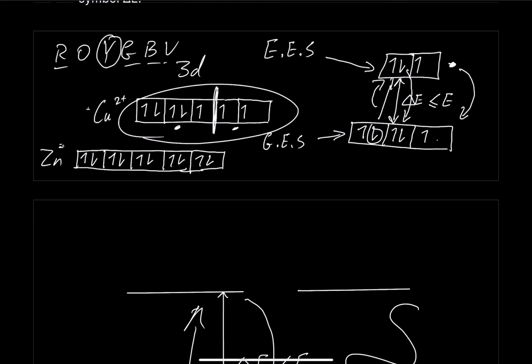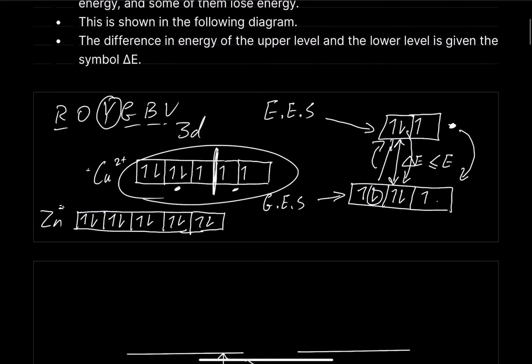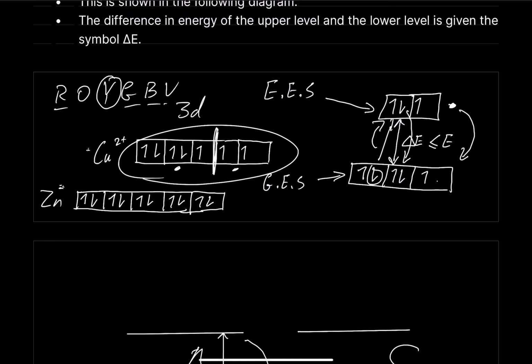So it's oxidation states, catalyst, forming colored ions in this case. Because